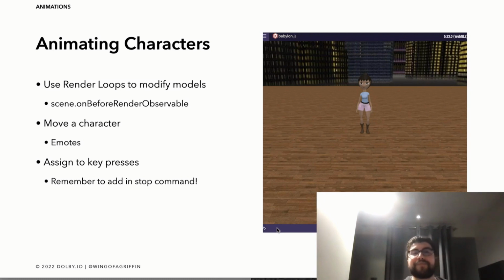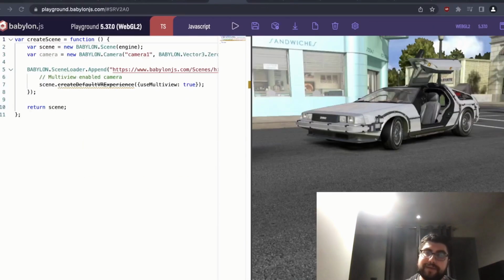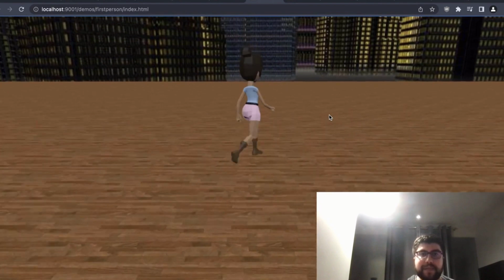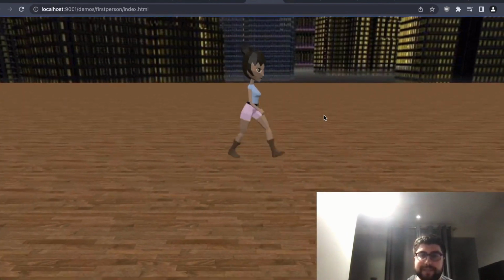This can do things like moving a character, adding different emotes, and you can assign it to things like key presses like WASD, but you do need to remember to add in your stop commands as you do so. So once more, we have another example over here. We have this 3D model of the woman over here, which I am using my WASD keys to move her around this different environment